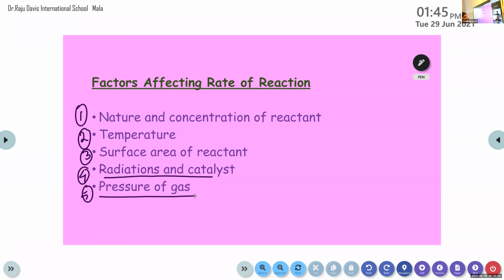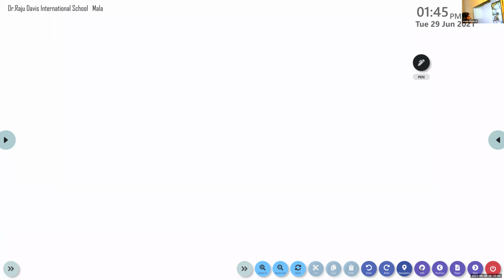Then we are going to write the rate of different chemical reactions. No need to write the values there, just substitute the reactants and products in the equation. That's enough. Clear? No need to find out the values of concentration of reactants and products, you just write the reactant and product there in the rate equation. Clear?